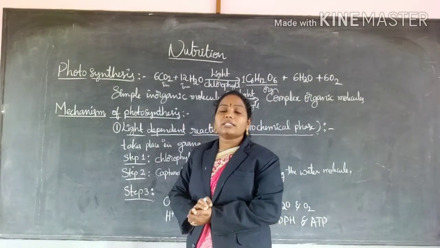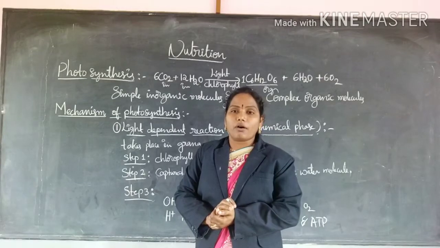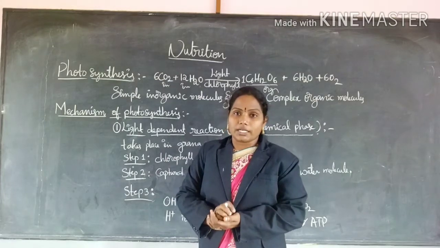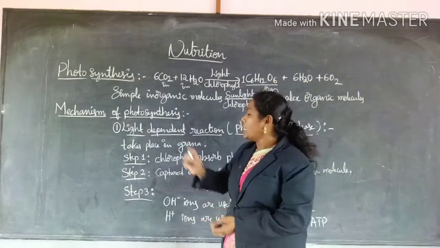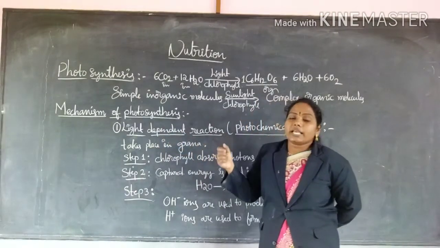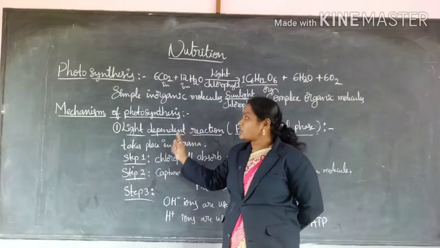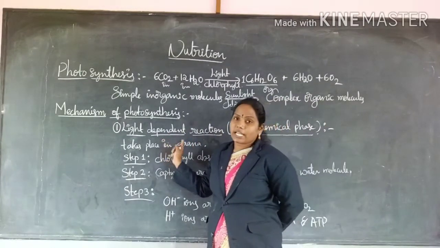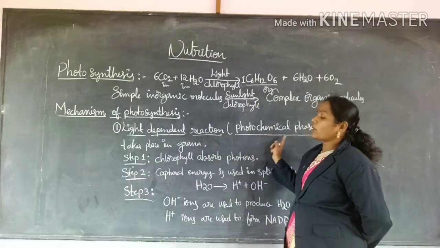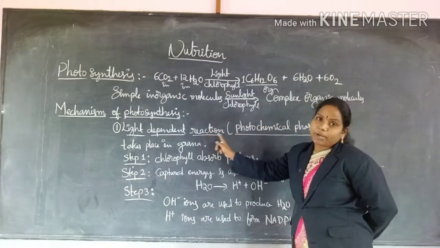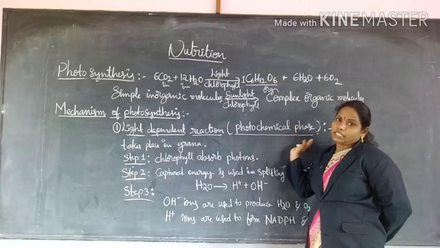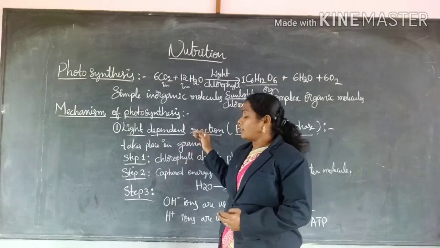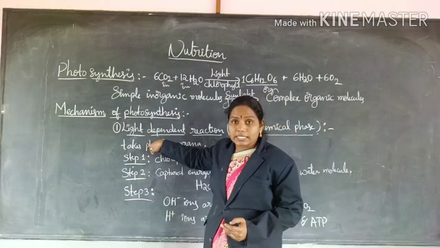So what are the processes going on in photosynthesis? During photosynthesis, what is going on? Let us understand the topic. First of all, we can say that two steps are there. First one is the light dependent reaction, or we can say the photochemical phase. Here the reaction is dependent upon light. In this phase